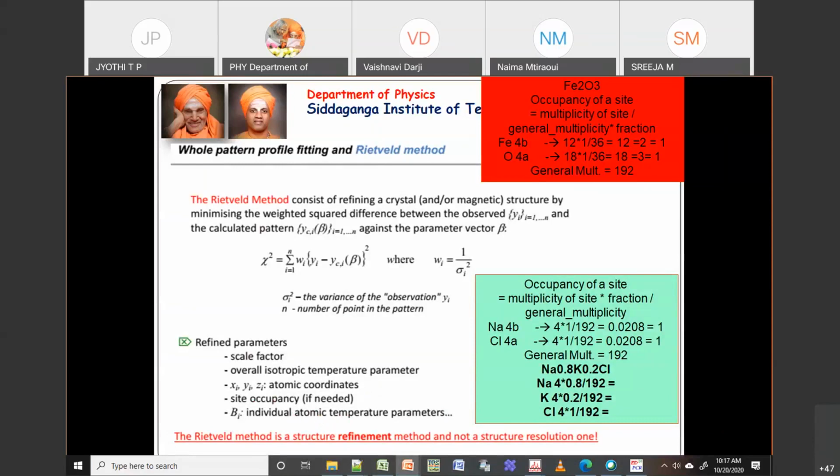Your iron will be vibrating at its own position due to the temperature. As I did this X-ray diffraction at room temperature, even at room temperature your oxygen and iron will be slightly vibrating. They may not be vibrating at very large values, but slightly they will be. To take care of that, we can do the refinement of BISO.